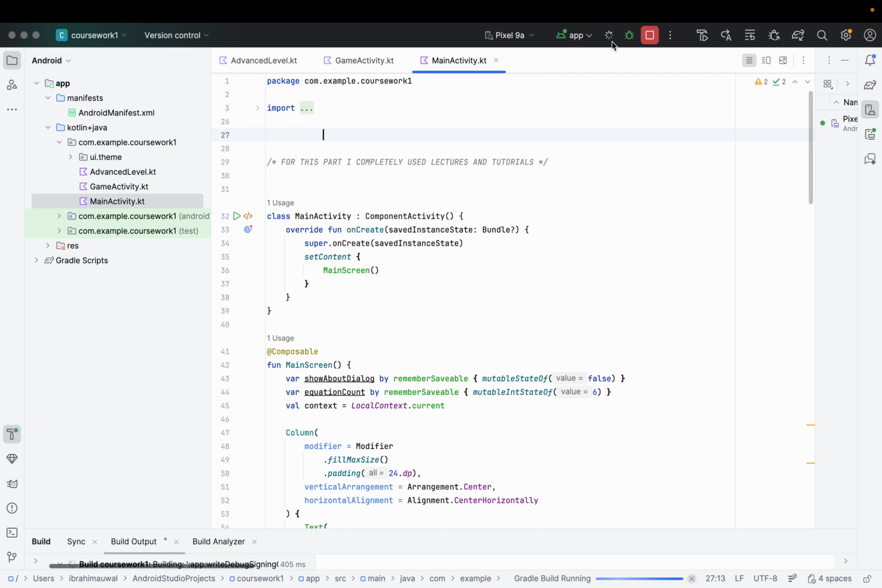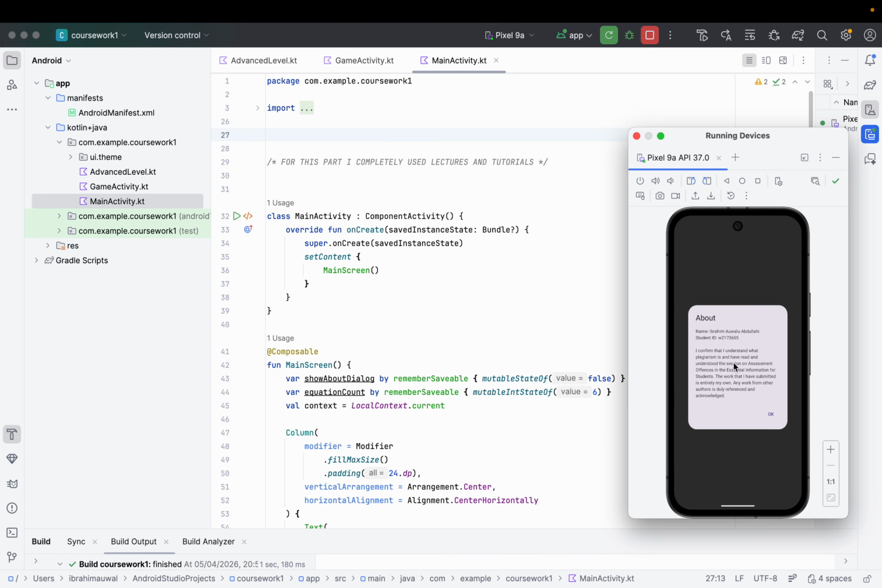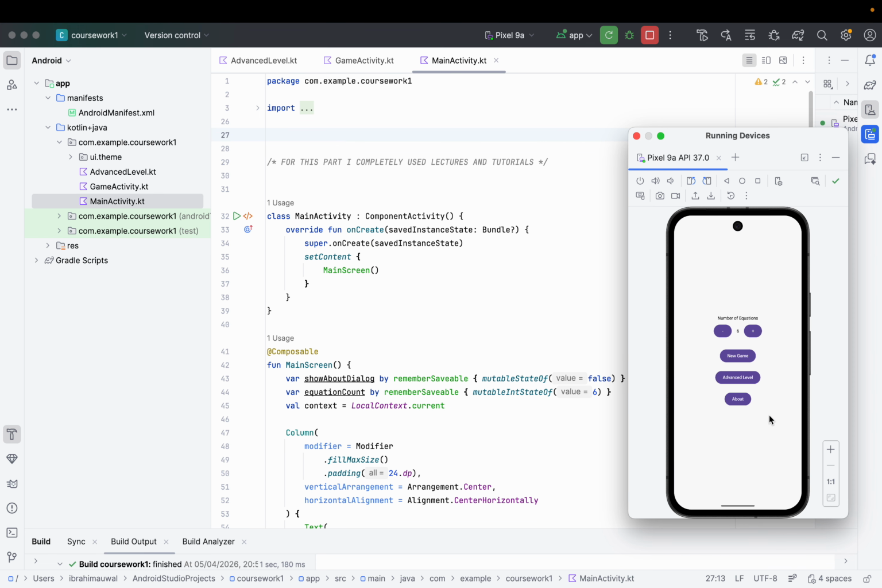For task 1, when I run the application, it shows new game, advanced level and about. So I have the three buttons. For task 2, when I click about, it should show my name, my student ID and the following description. So for task 3, it stated that